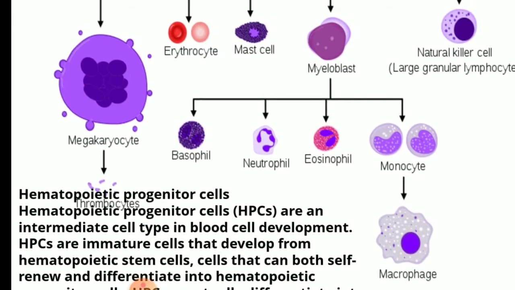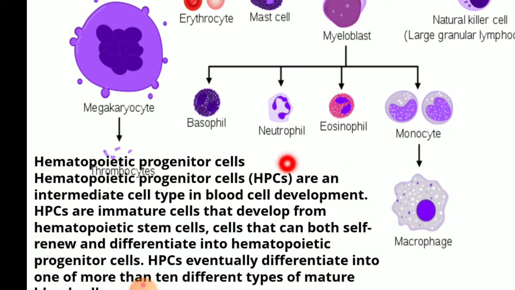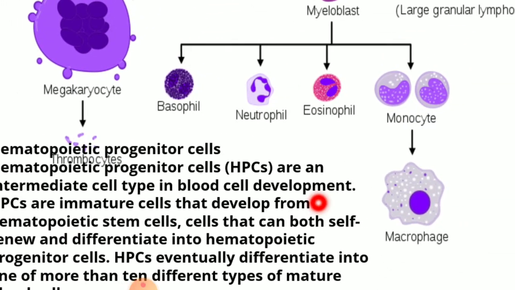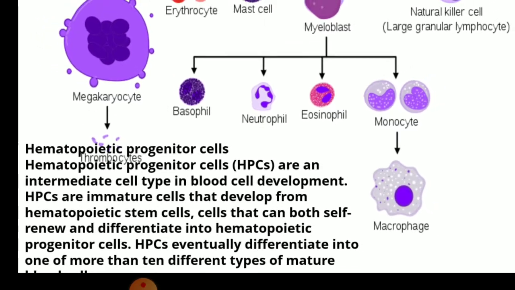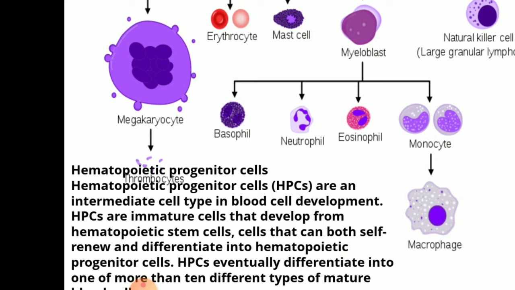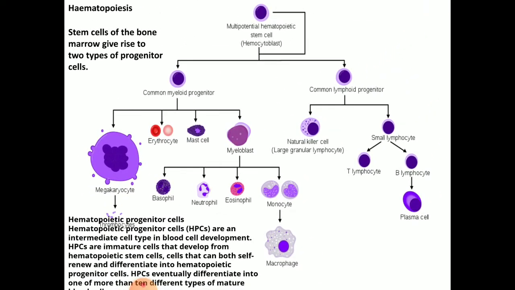The hematopoietic progenitor cells, what are they? So the hematopoietic progenitor cells are an intermediate cell type in blood cell development. Hematopoietic progenitor cells are immature cells that develop from hematopoietic stem cells, as these cells can both self-renew and differentiate into hematopoietic progenitor cells. They eventually differentiate into one of more than 10 different types of mature cells. You can see here, students, there are various kinds of cells finally produced through the process of hematopoiesis, like